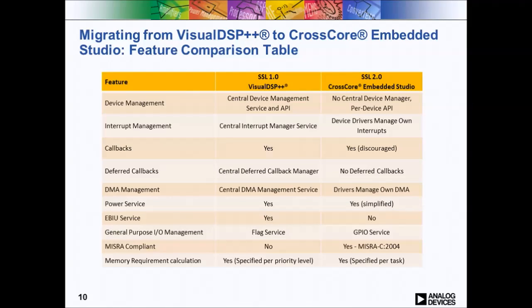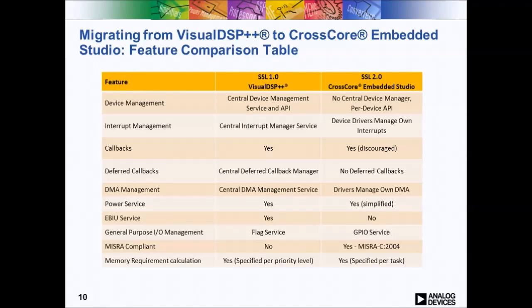The power management service has been simplified to focus on core and system clock configuration only. The external bus interface unit service, which interfaces with SDRAM, Flash, and SRAM, has been removed, as providing a generic API for EBIU settings over our wide range of processors was counterproductive to simplifying the API. The EBIU should be configured through direct access to the registers. The flag service is now the general-purpose I/O service. The system services and device drivers in CrossCore Embedded Studio are compliant with the Motor Industry Software Reliability Association standard,